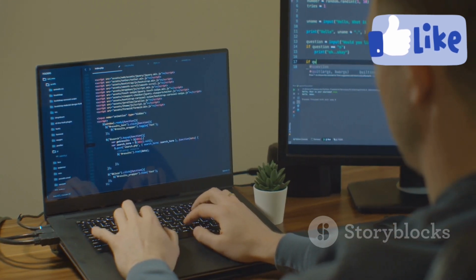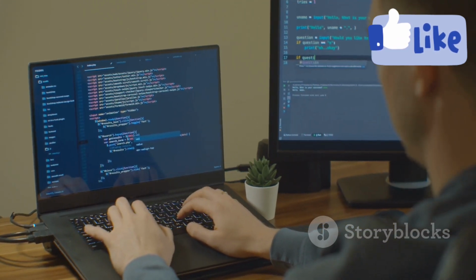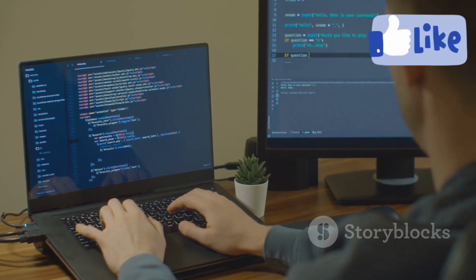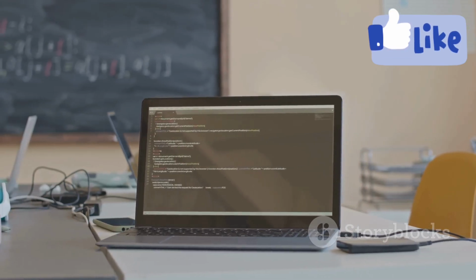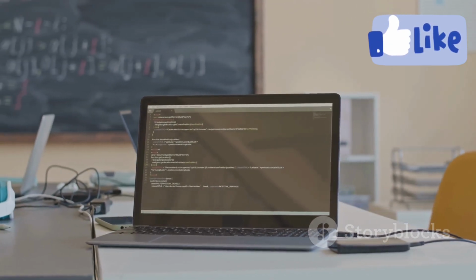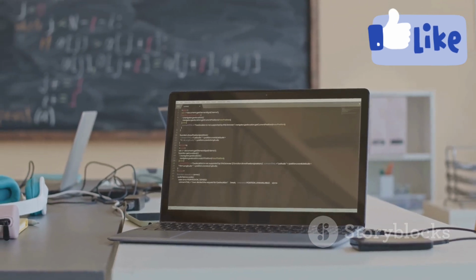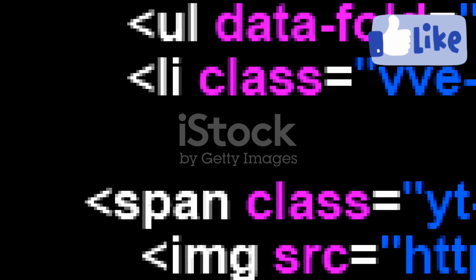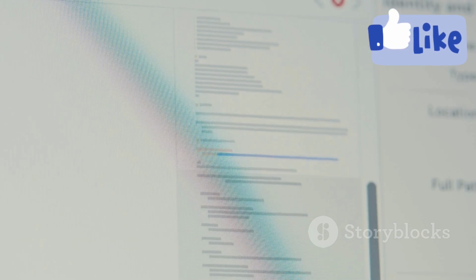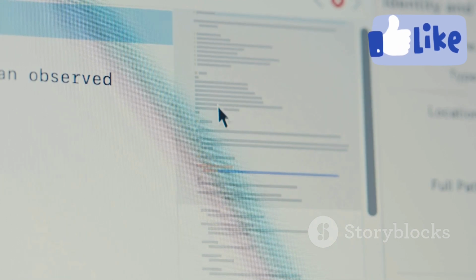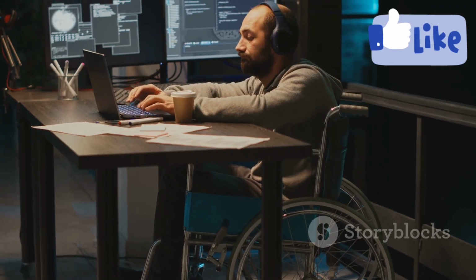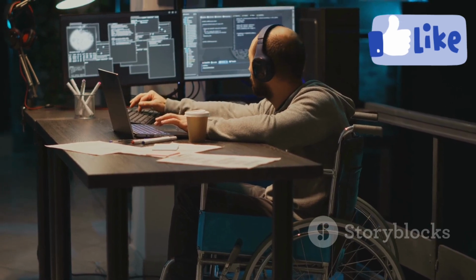And there you have it, a comprehensive overview of some of the most essential HTML tags. We've covered a lot of ground in this video, from the basic structure of an HTML document to specific tags that control headings, paragraphs, links, images, and more. Remember, this is just the tip of the iceberg when it comes to HTML. So, keep experimenting, keep learning, and most importantly,